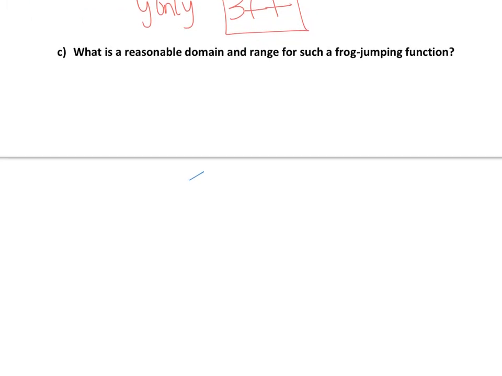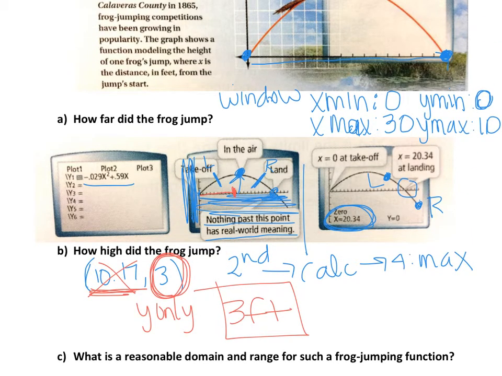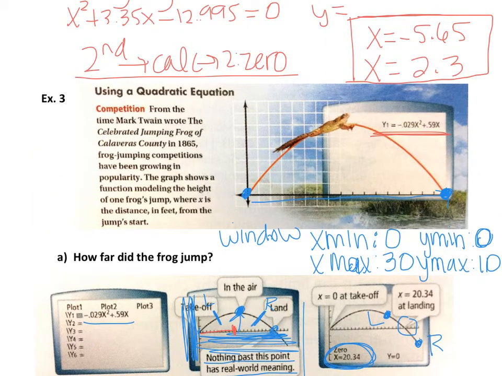The last part says, what is a reasonable domain and range for such a frog jumping function? So the way that we adjusted our window actually helps us to identify the domain and range. Now remember, let's go back up here to the bigger picture. Domain is all the x values. So if we're looking at domain, again, we're looking along the x-axis. It starts at 0 and stops at